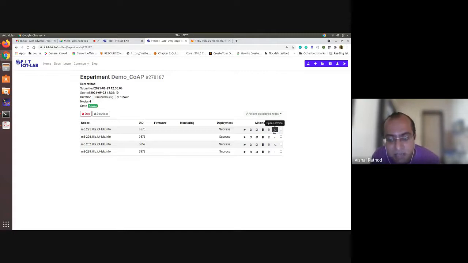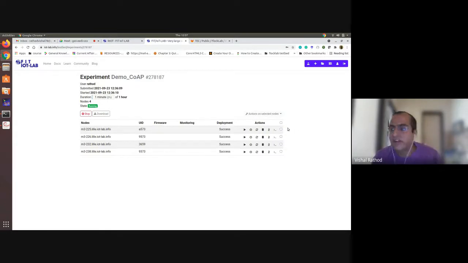And this is a terminal. You can access it from here, or if you select the nodes, you can access. These are the minimum nodes, 4 nodes, but if you have 10 or 15 nodes, doing it manually is very difficult. So you will just select those nodes and perform the actions from here. This is the way.